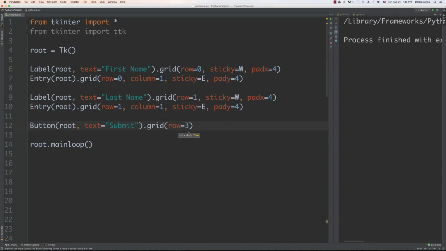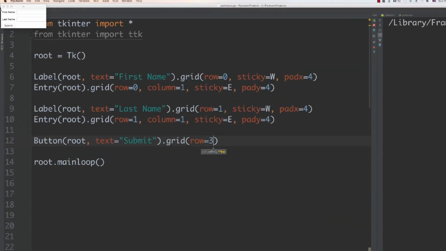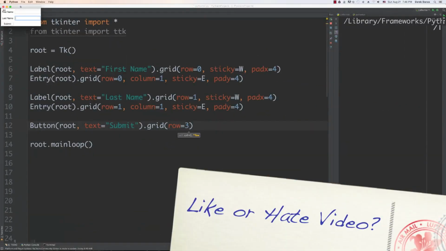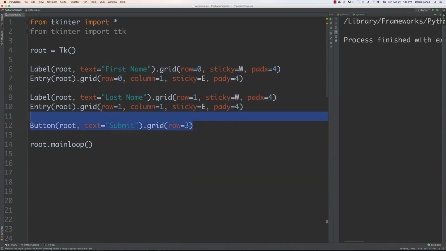And we can do all that different stuff and run it, and you're going to see it shows up much like you would think. There's first name, there's the entry where you can enter information, and then you have the submit where we're going to be able to click on that and submit that information somewhere. So pretty cool stuff. Now what I want to do is to create a little bit more complicated type of